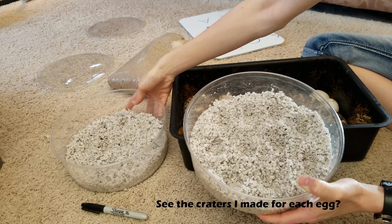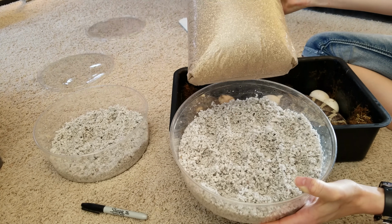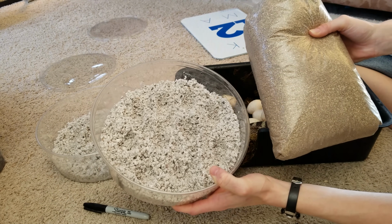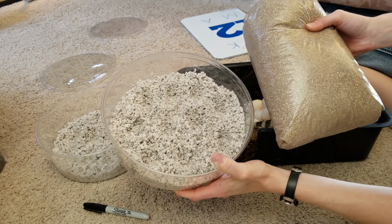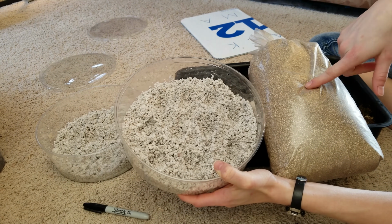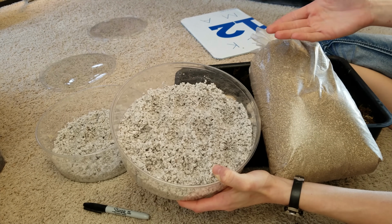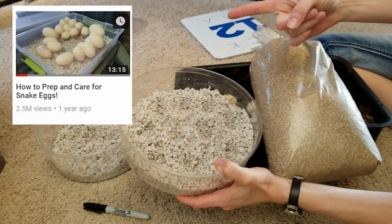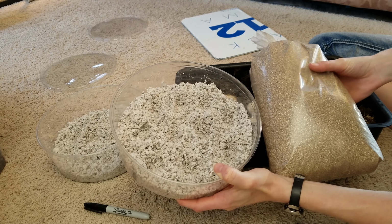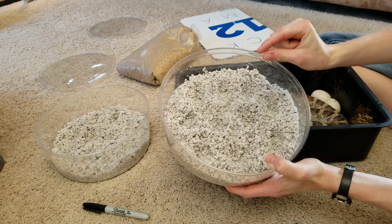And we actually did an experiment with perlite versus vermiculite, because people will use either one of these incubation materials. The experiment we did last year was with a different bullsnake of ours, where we split up her clutch between the perlite and the vermiculite to see if there would be any different hatch rates between the two. The results showed us that you can use either one, but we tend to prefer the perlite because it makes a slightly less mess than